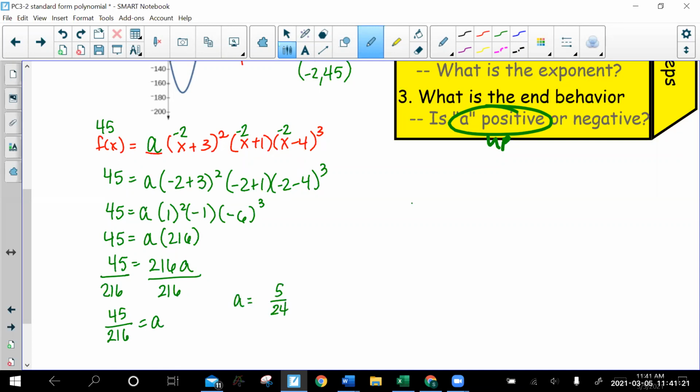Then I just go back and write the equation. 5/24 is my A value, so I replace A, and everything else is still as it was. Okay. That was a recap of basically everything